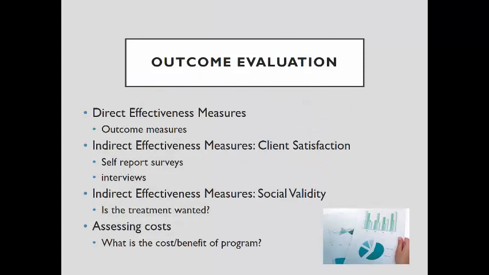So in terms of our outcome evaluations, we have direct effectiveness measures, so those are going to be our questionnaires, our recidivism rates. There are also indirect measures, kind of like client satisfaction. So the offenders might say how much they liked or didn't like the program. The administrators might, as well as the service providers. You're going to look at social validity. Is the treatment wanted? But you're also going to look at the costs and benefits of the program. So there are multiple components